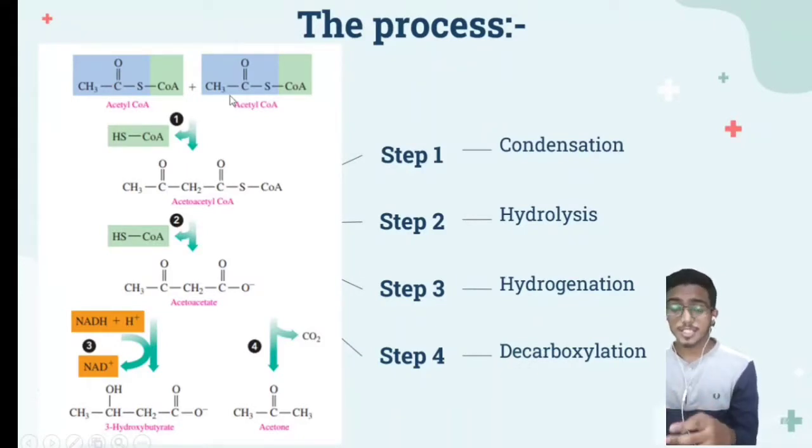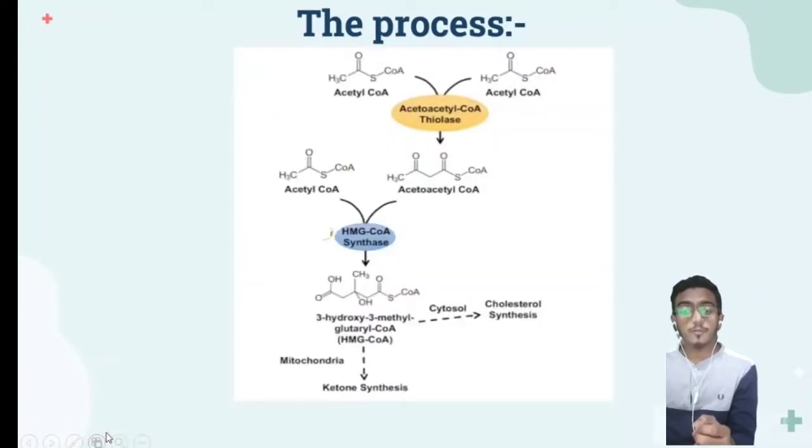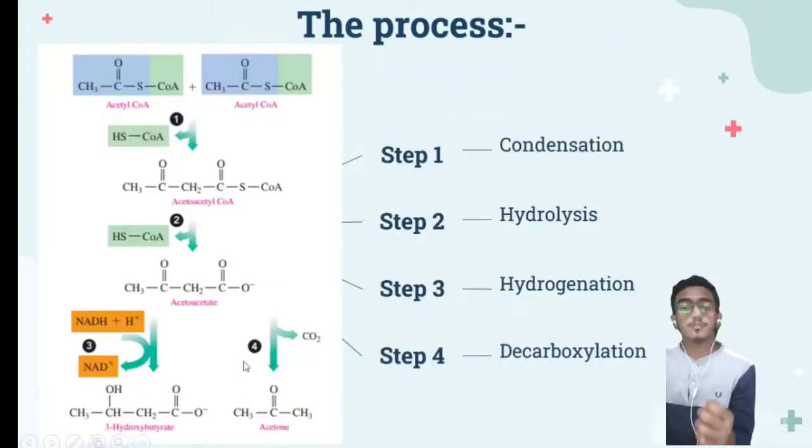For the condensation, there are two condensations. First, two acetyl-CoA molecules will undergo condensation to produce acetoacetyl-CoA, and then this acetoacetyl-CoA will combine with another acetyl-CoA molecule to form acetoacetate. Now acetoacetate, for the third step, can undergo hydrogenation to form 3-hydroxybutyrate, and it can also undergo decarboxylation to form aceto